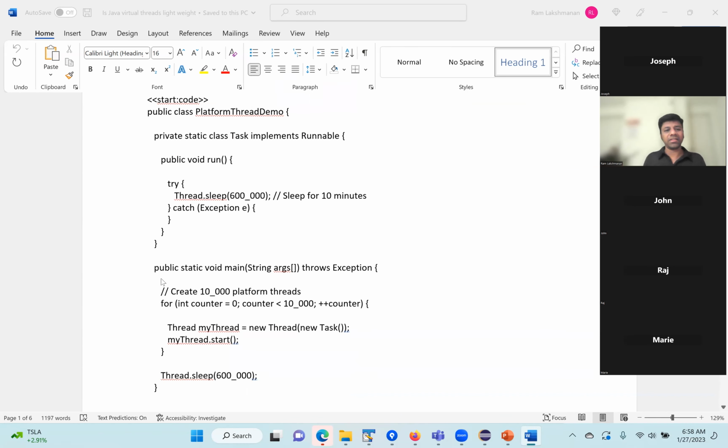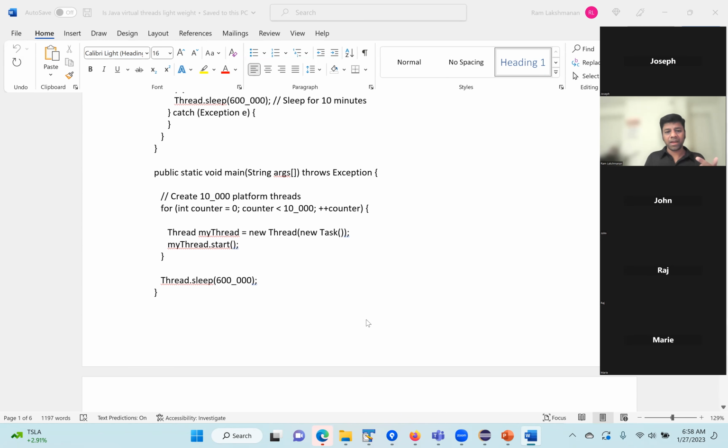Now look at this main method, which is the entry point to this platform thread demo class. I'm creating 10,000 threads, and then I am launching them. I'm just starting them. That's what I'm doing. This is that program. And now